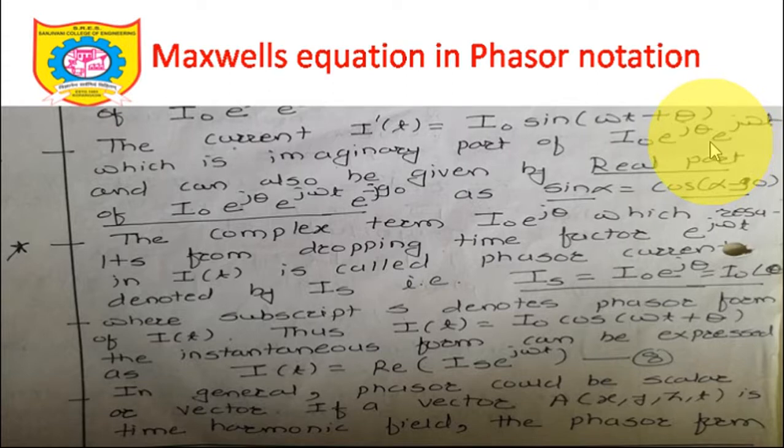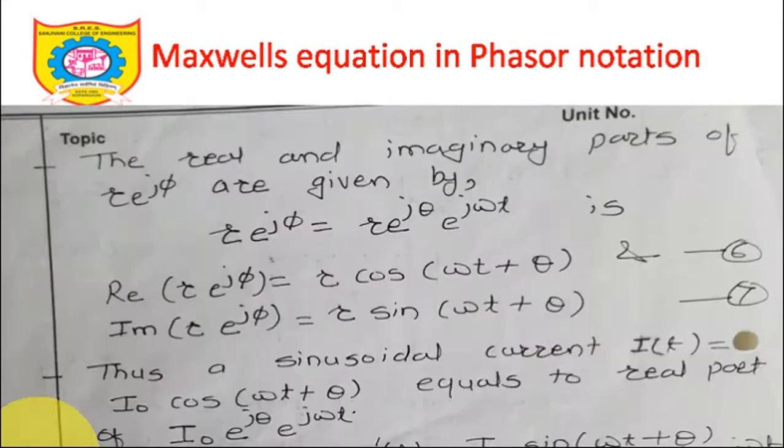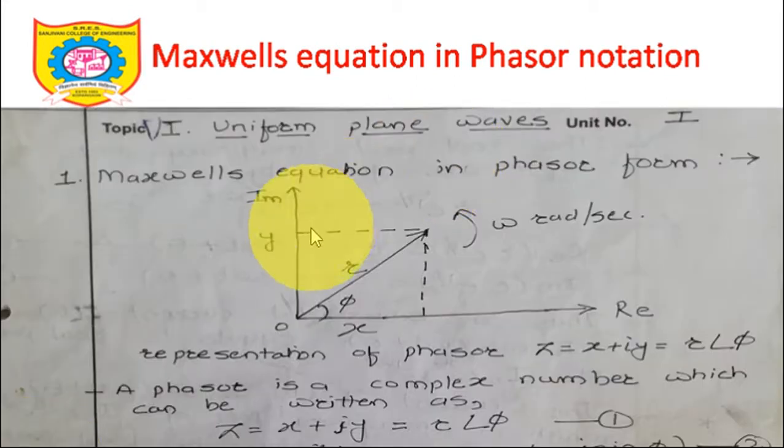And if I want to represent this imaginary part as a real part, you already know that there is a 90-degree phase shift between the real part and the imaginary part. Just go back to the first diagram, you can see there is a 90-degree angle between the x-axis and y-axis. So if I want to convert imaginary into real, I need to move in the clockwise direction. Whenever the phase is taken in the clockwise direction, you take it as negative. Usually these phasors go in the counterclockwise direction.